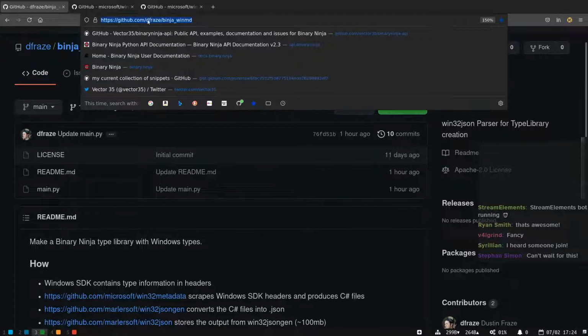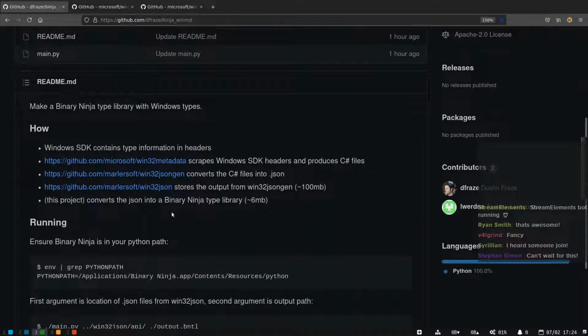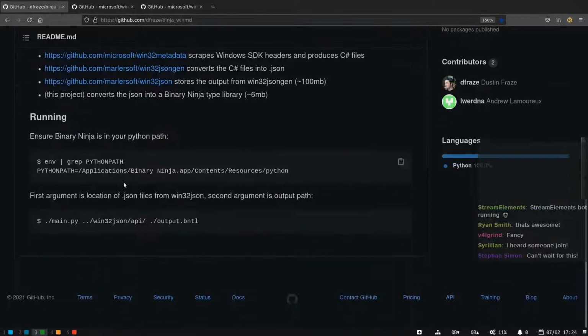So Dustin, if they want it, does the script basically automatically extract? Do you just clone the other repos, or what's the workflow for using it to generate the type library? Yeah, so clone that last listed repo, Win32JSON. You need to clone that, and then you need to point my script at the API subdirectory. Okay. And then just give it an output name, and then go drop that into your Binary Ninja typelib